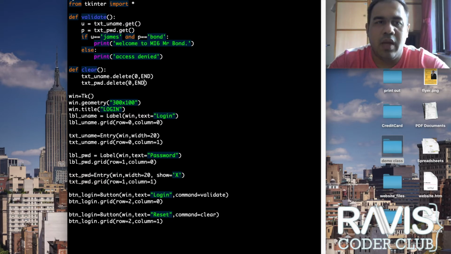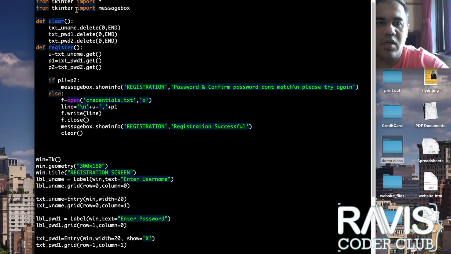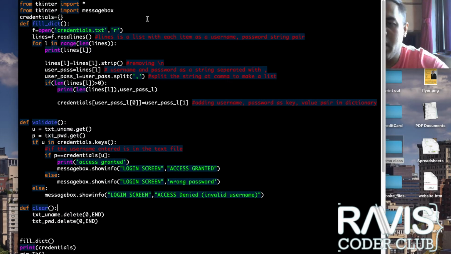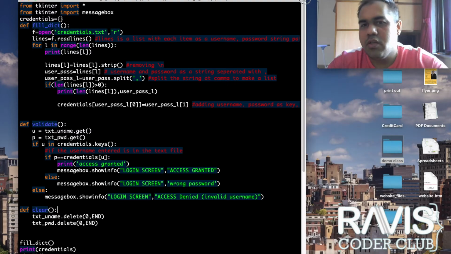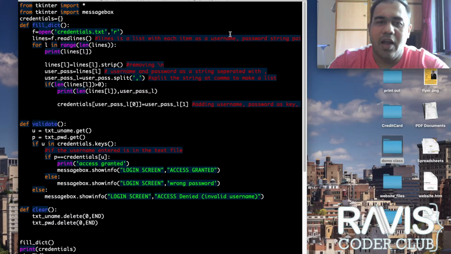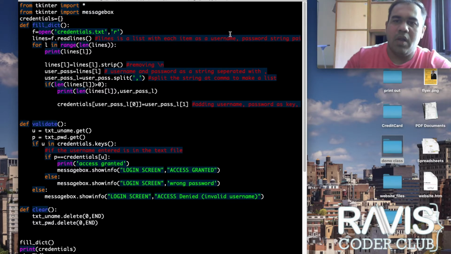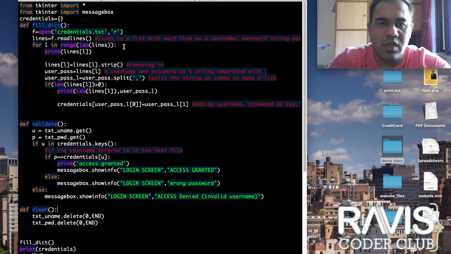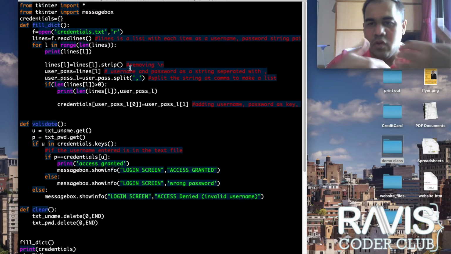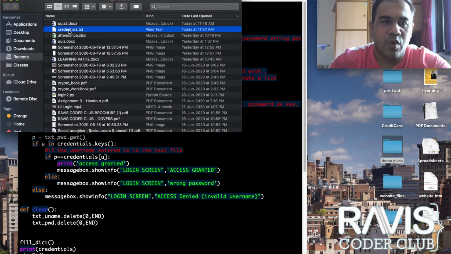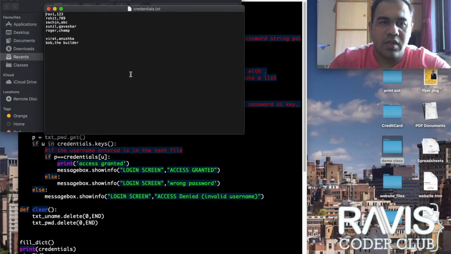Now I'll show you the next thing that I've done, which is, nope, not the registration, yes, this one. So login real. What this does is, this is first blocking my face, so yeah, I'll remove that. And now what this does is, when you try to log in the previous example, you have to enter James Bond as the username password, which is not ideal, right? So here what this does is, it takes all the entries from a text file. Okay, it accesses the text file, which is over here. So this is the text file that it's using.